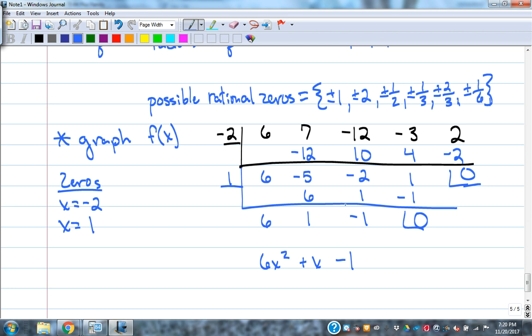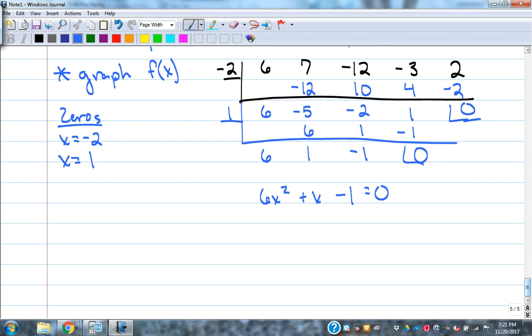And we can either factor that or use the quadratic formula to get the other two zeros. Because if we solve that quadratic, we'll get 2 more. We should have 4 to end up with, because the highest power on the original problem was 4. We got to have 4 answers. Okay? So, if we do the quadratic formula here,